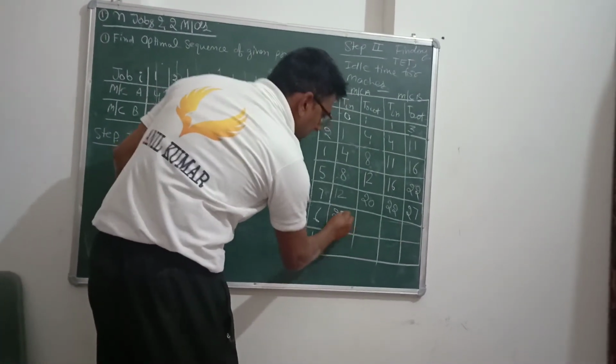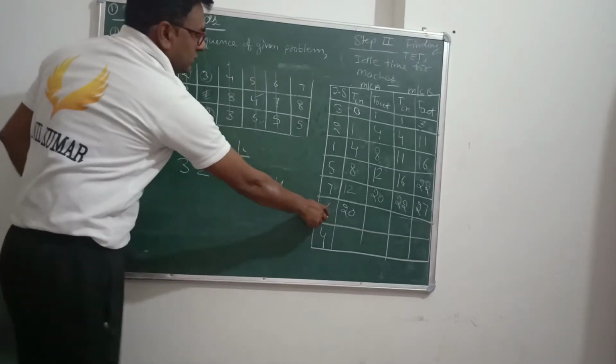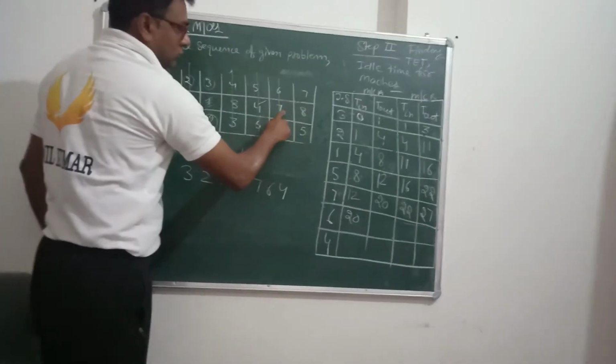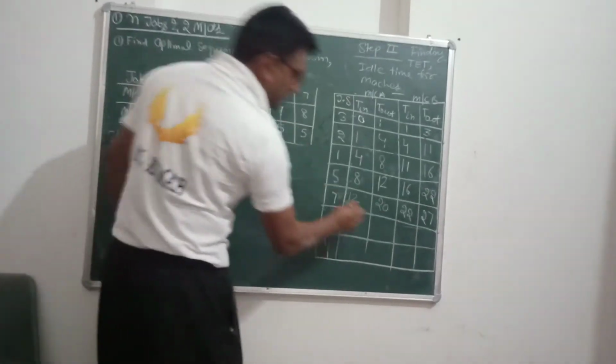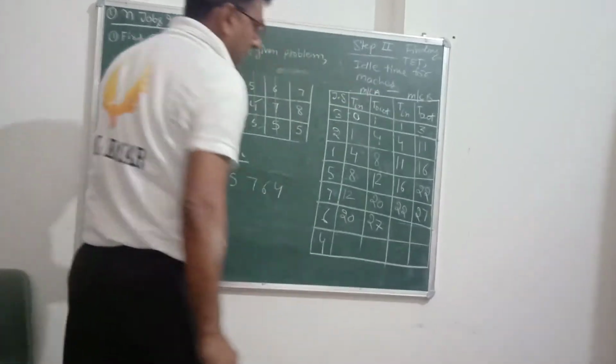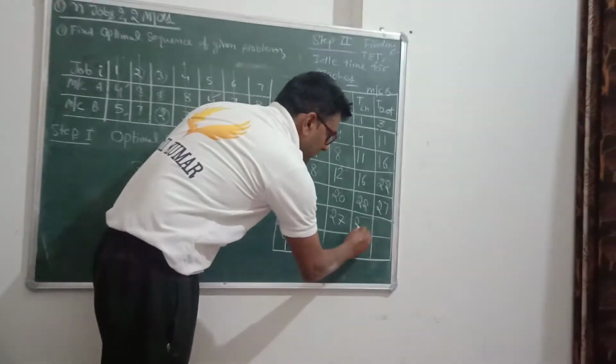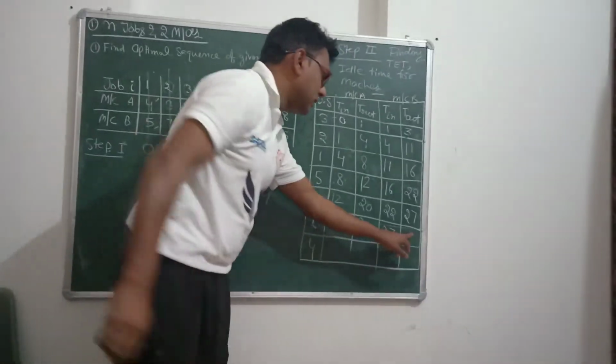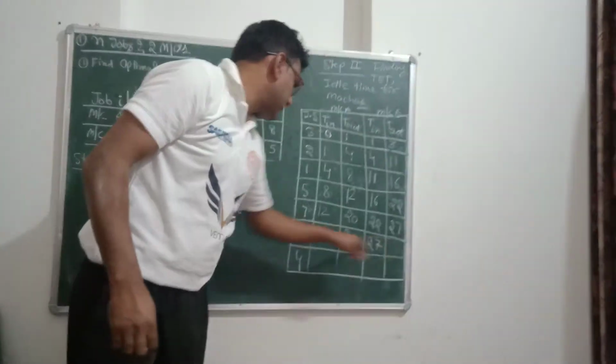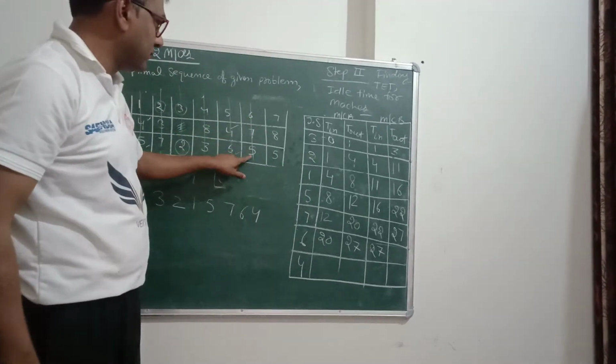Again, the processing time for machine A on job 6 is 7 minutes, making 27. Both times are 27, so we will use 27, and the processing time for job 6 on machine B is 5 minutes,